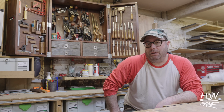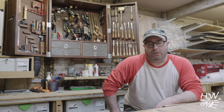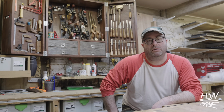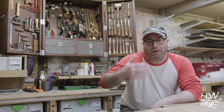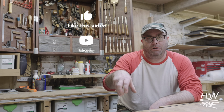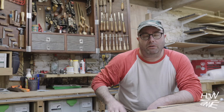I'm not a fan of the cleat walls. And the funny part of this is, the main reason I'm not a fan of the cleat walls is they collect a shitload of dust and they're an absolute pain in the arse to clean. You also get dust down the back of the cleat, so when you try and move a tool and a cleat to another position, you'll usually hit a load of dust, so you've got to vacuum that out before the tool will seat properly. So anyway, the whole purpose of this cabinet was mainly I wanted doors on it,